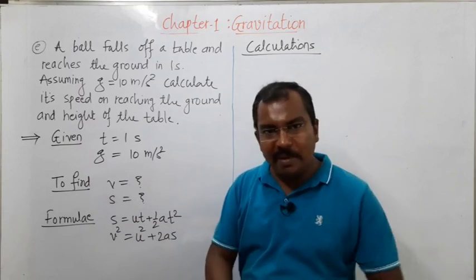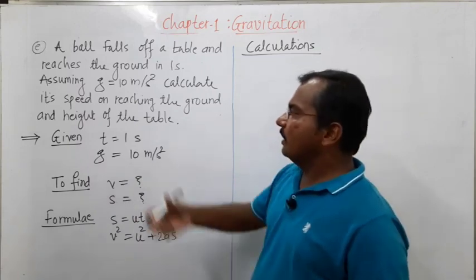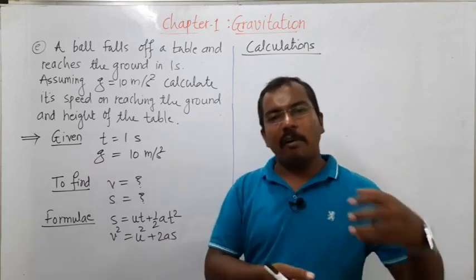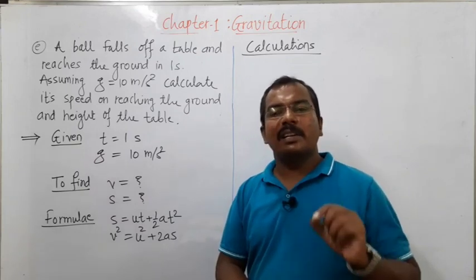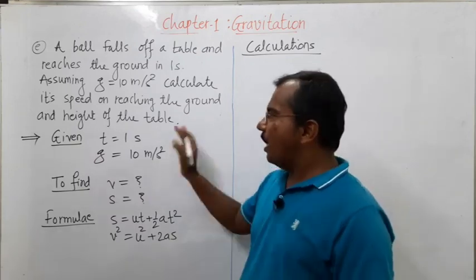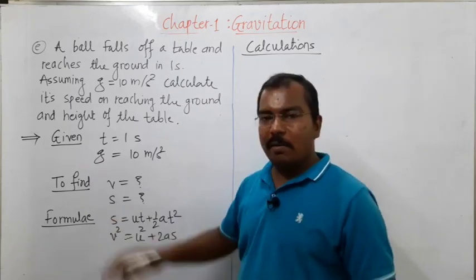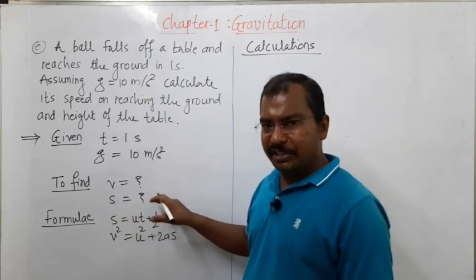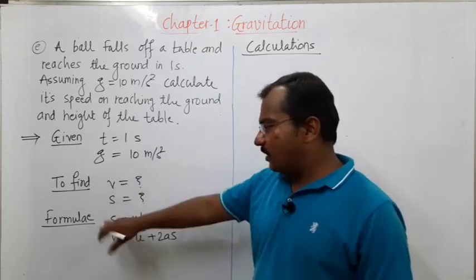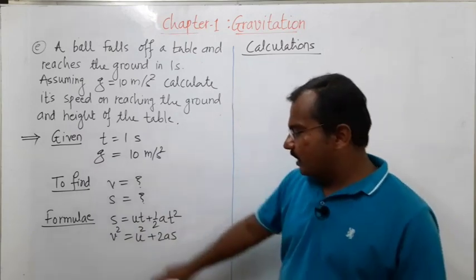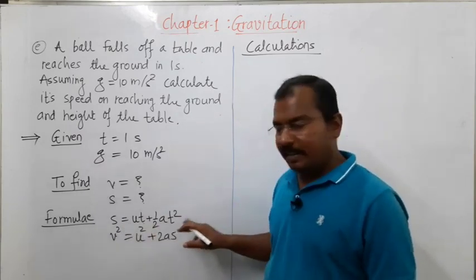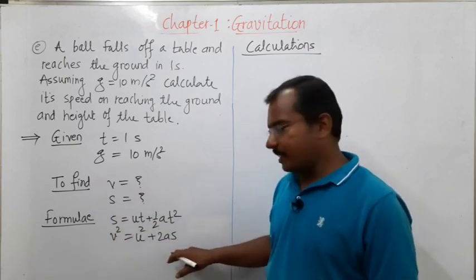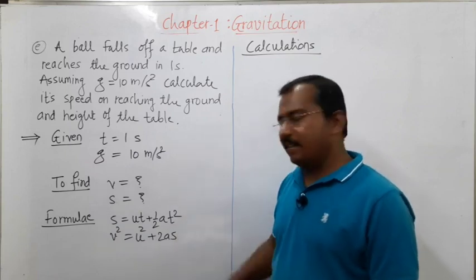v. v is the final speed. कारण काय म्हटलेलं आहे? Calculate speed on reaching the ground. Speed on reaching the ground is always final velocity. ओके. And height of the table. From which height, that will be the distance. v and s is equal to h here. So we have to calculate these two things, and we have to use two formulae. s is equal to ut plus half at square, where s is h, height of the table, and v square is equal to u square plus twice as. This is the second kinematical equation. This is the third kinematical equation.